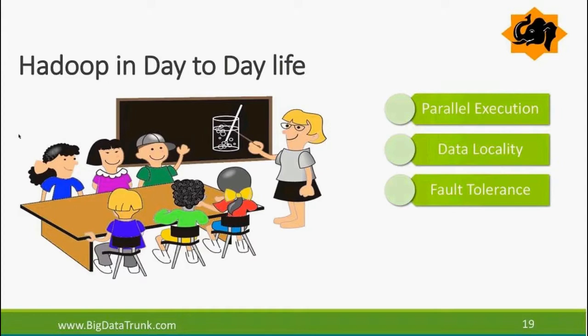So let's consider these kids as machines, and the boy with the cap and the girls beside him are 3 machines. And the California data is not only stored in the cap boy, but also in the other 2 machines. For simplicity, that's not how it would actually store, but for simplicity, go with that. Let's say the boy is absent or that machine goes down, you still can get the answer of who is the richest person in California, because that data is sitting with the other 2 machines as well. That's how it works. If machines go down, I have the data and I can continue processing. And that's how it addresses fault tolerance. So individual machines can fail, but the whole cluster as a thing is functioning. It continues to give us the results we want.